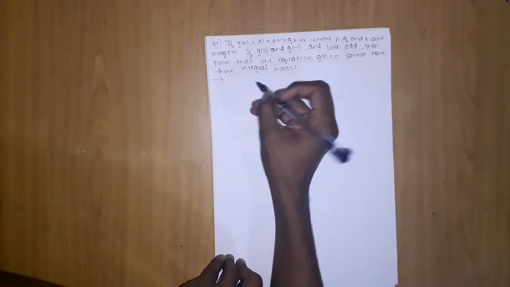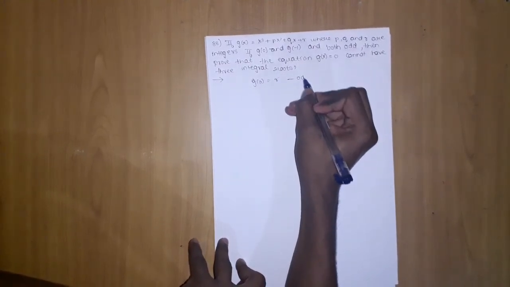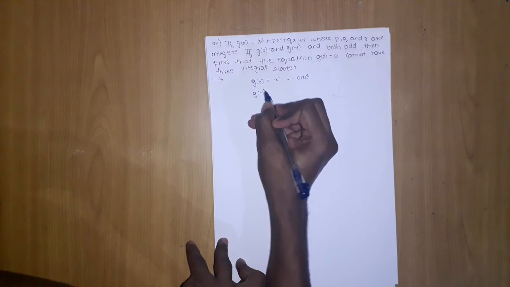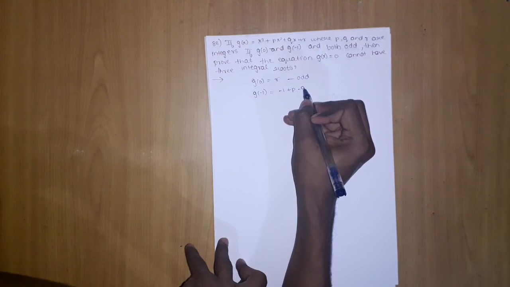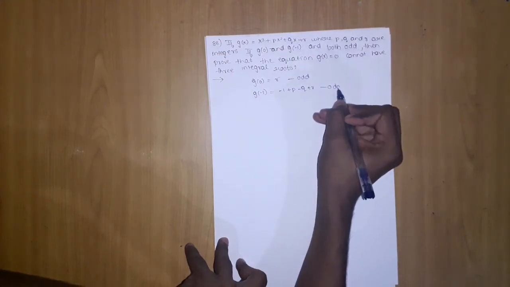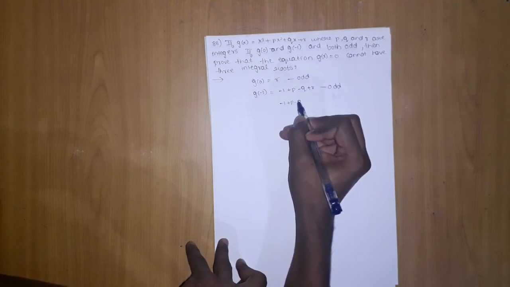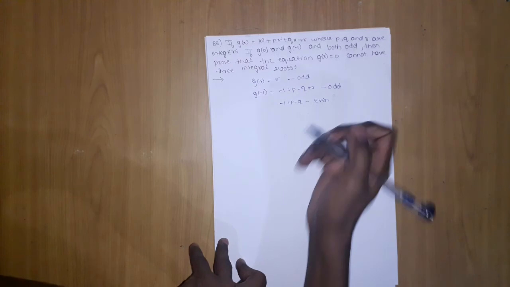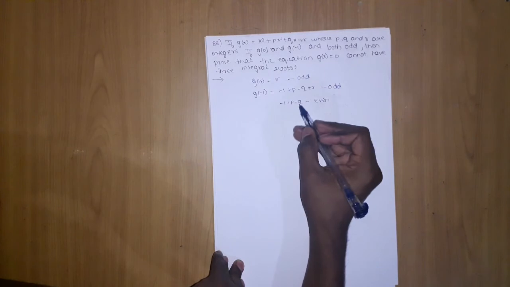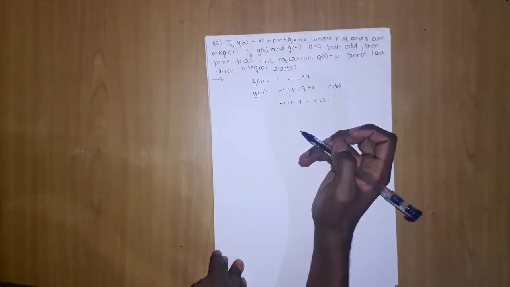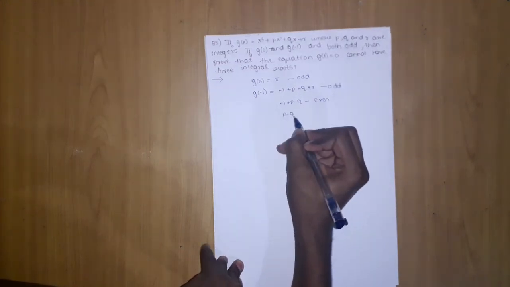Okay, now what they have given, just check. g of 0 is r, it is odd. g of minus 1 is minus 1 plus p minus q plus r, this is odd. Now if it is odd, then minus 1 plus p minus q should be even, because even plus odd is odd. If you add two odd, it will become even. On this concept we get that it is even. If it is even, if you subtract one from an even number, like 4 minus 1, it will become odd. So p minus q should be odd.